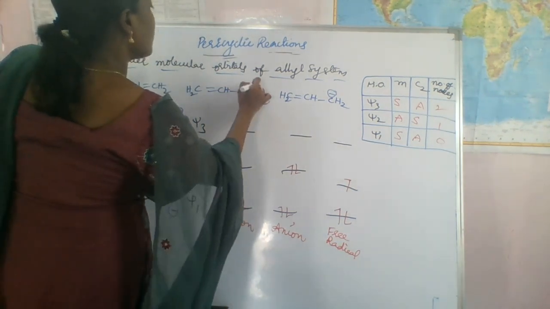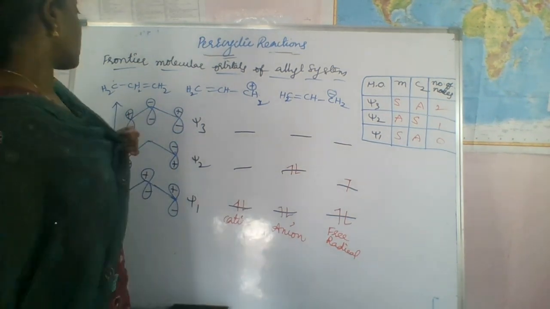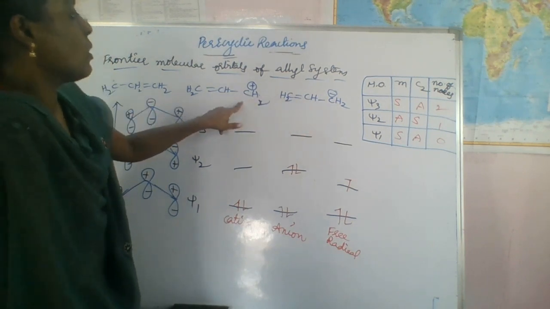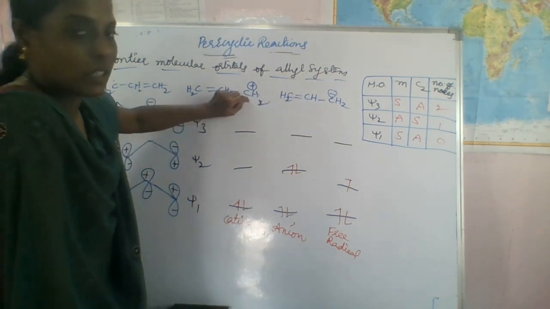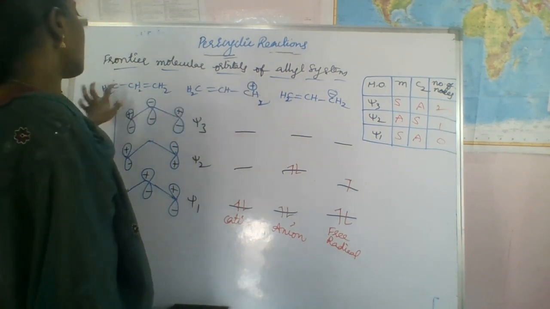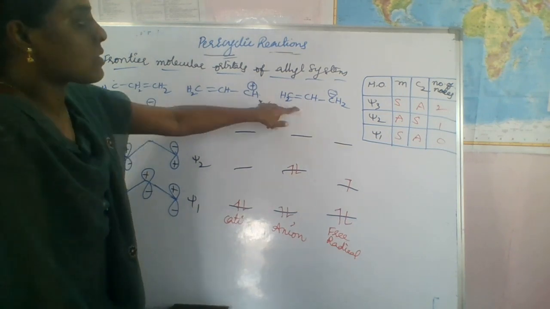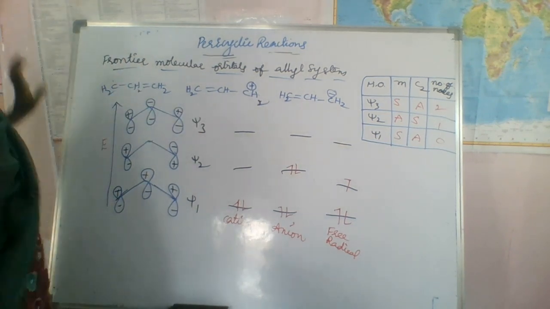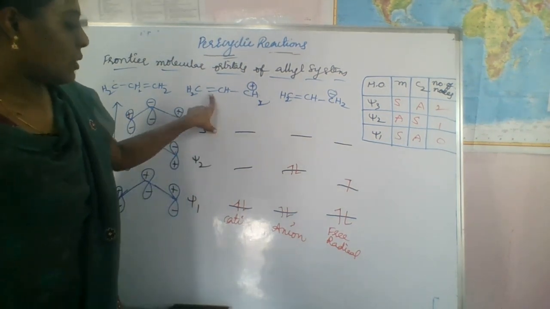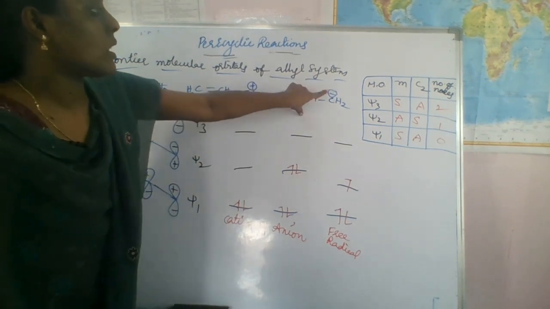Okay. So here in each one, there is 1 extra electron. Here only 1 electron is there, not extra, right? Next, here only a single electron is there. So this is a radical, this is a cation, this is an anion, right? Okay. So we have to write for the cation, how many electrons are there? Only 2 electrons are there, right? Okay. For the anion, extra 2 electrons are there.